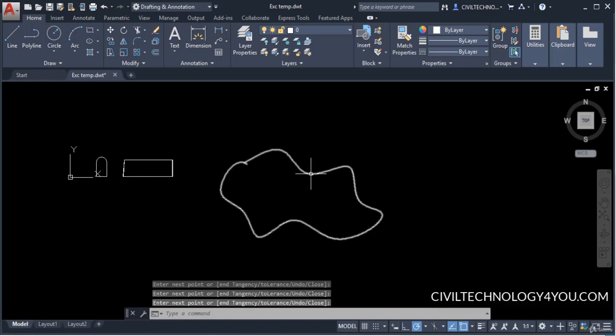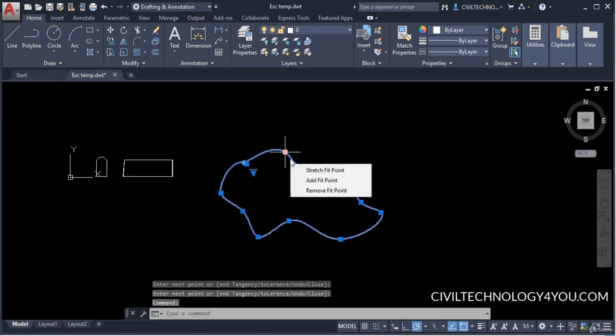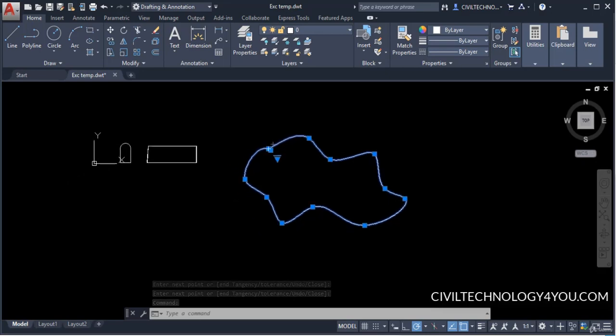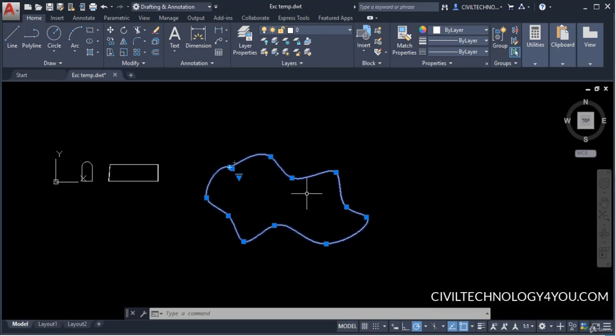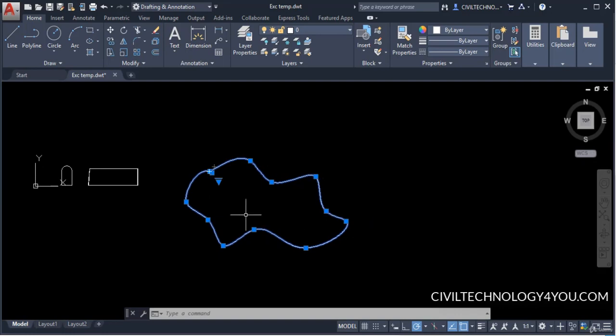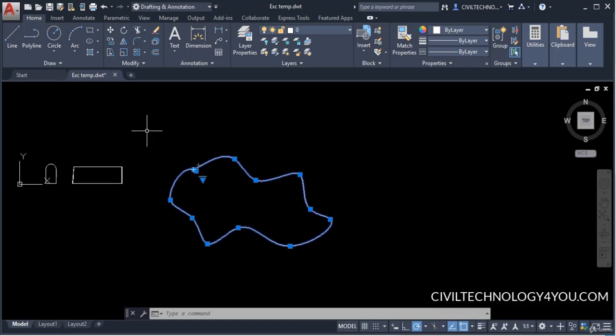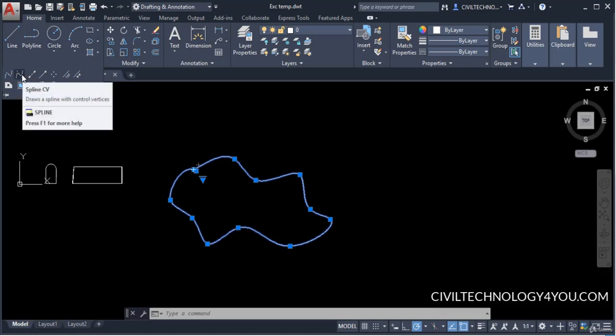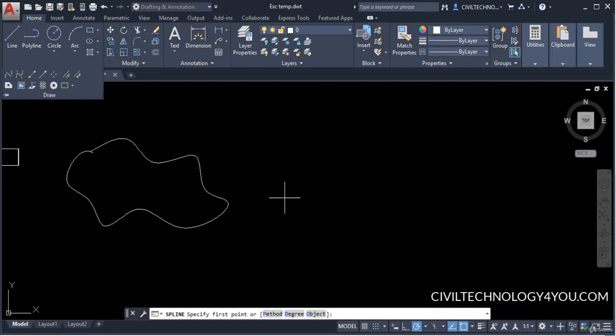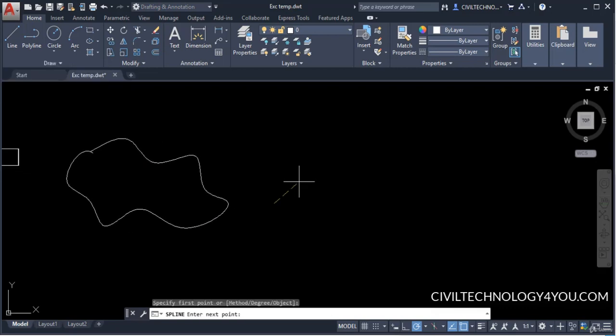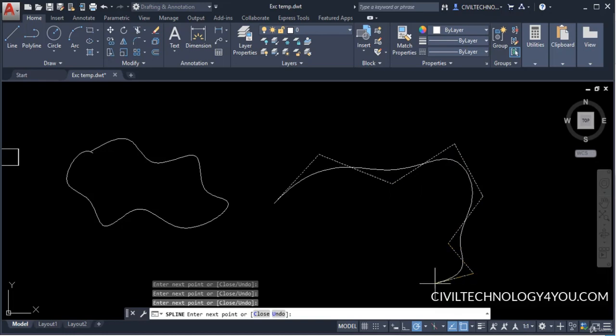Now you will notice that grips are on the spline. You can notice here, and this is how you can use spline. You can make any profile with this spline option. Let's see the next option here, that is the control vertices option with spline. So I will click here to activate this one, and let's see the difference between both. I will give the first point at this point, second as this, and you will notice the points are here and the spline will be here. Then I will give the next points, this point, this point, this point, this point,